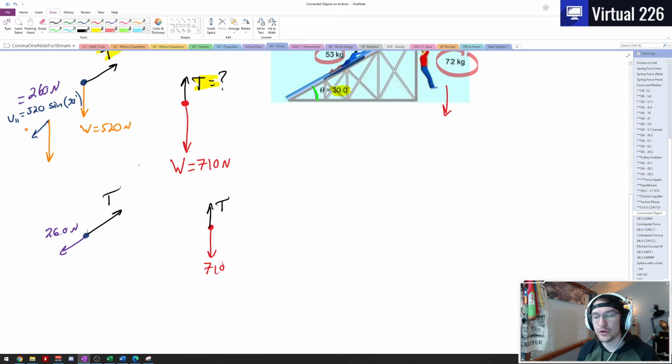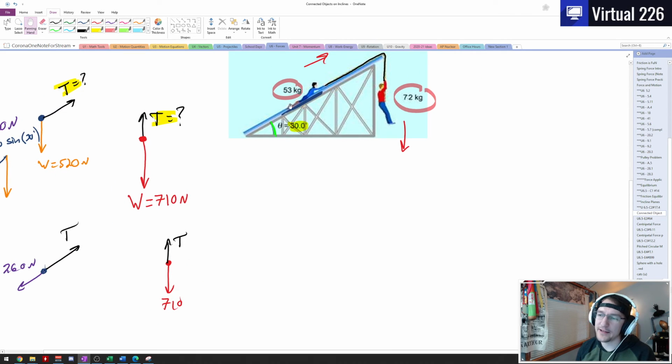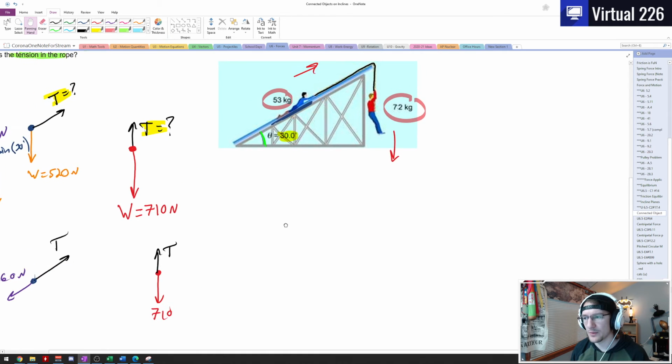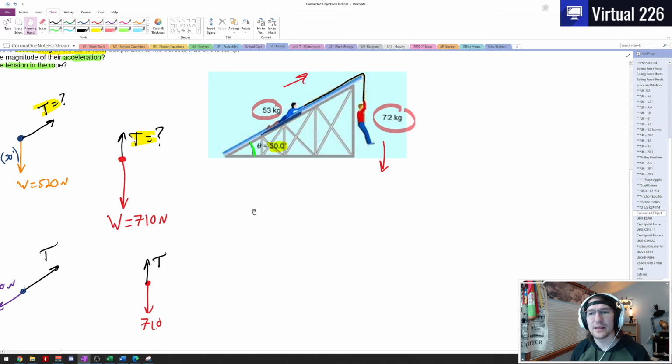But we need to choose what is the positive direction. Now, if you recall, on an inclined plane, we tend to tip our axis in order to think about the 260, that weight parallel pulling down and the tension pulling up the plane. But if we tilt that axis, then what's going to happen to Andre? Well, let's go back and think about the climbing problem that we did a long time ago. We had the gold climber, or the adventurer, the explorer, pulling gold up out of a pulley. And when we did that problem, we said, look, if here's a box of gold and here's a person attached to the rope,